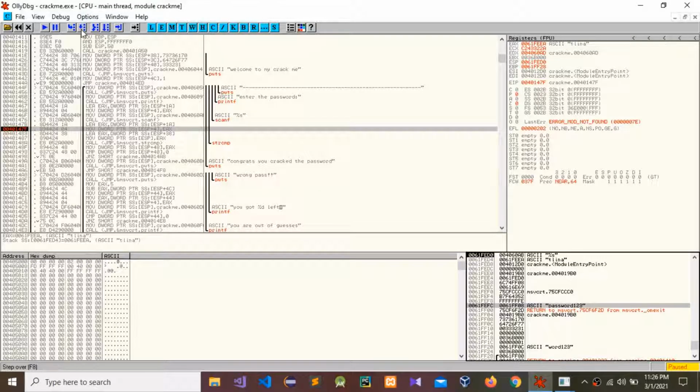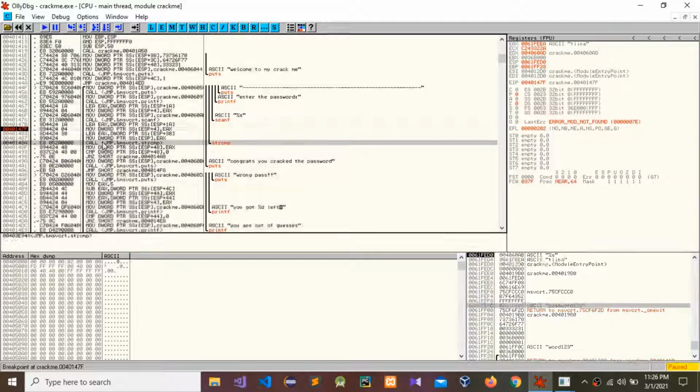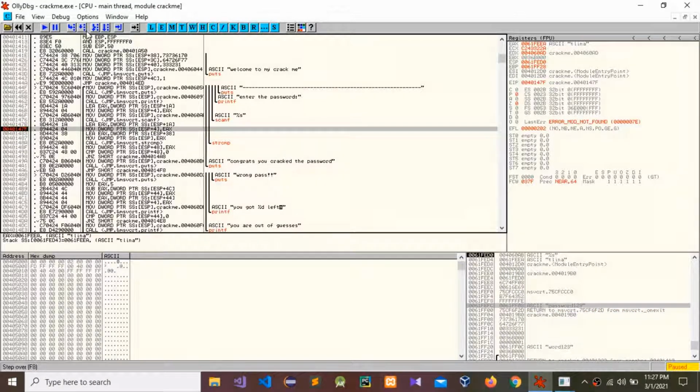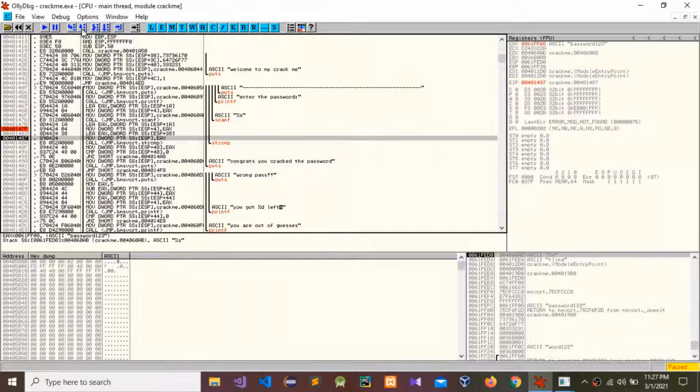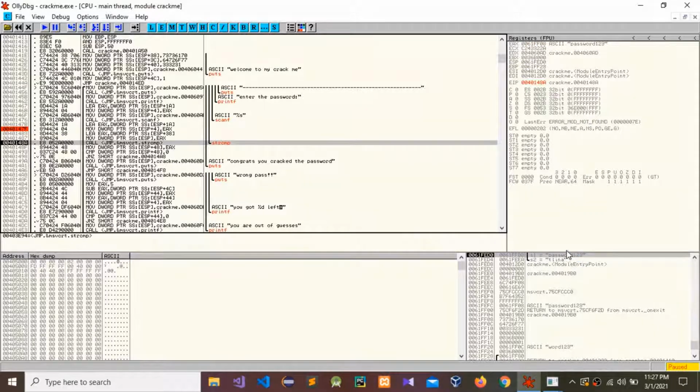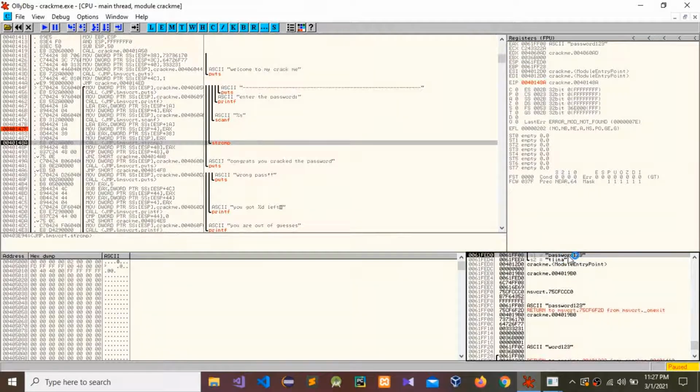I'm going to move from the call position into here. Can you see it's compared with this password? So this should be our password. So I'm going to run this program again.